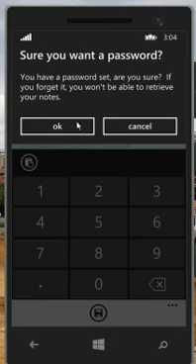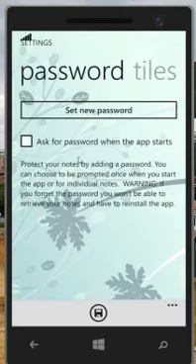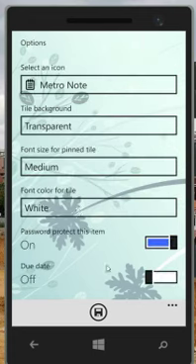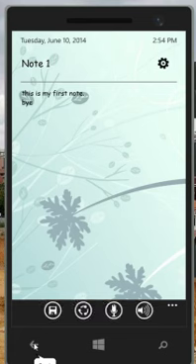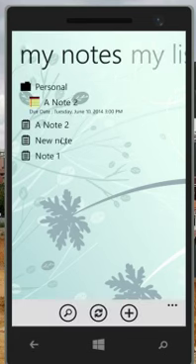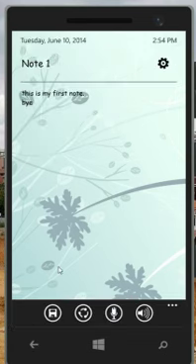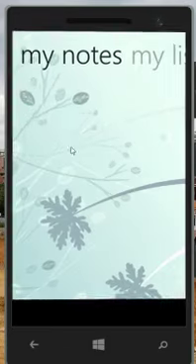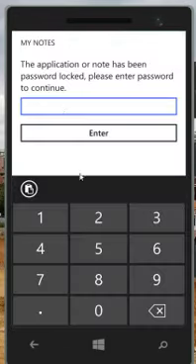It asks me to confirm, because if I forget this password, there's no way I can get into that note. This option here allows me to password protect the whole app. I won't do that yet, but let's go ahead and see this in action. So I launch Note 1. Now the first time it won't ask you. Let me just go back into that. When I click on Note 1, it's going to ask me for that password. If I get the password wrong,